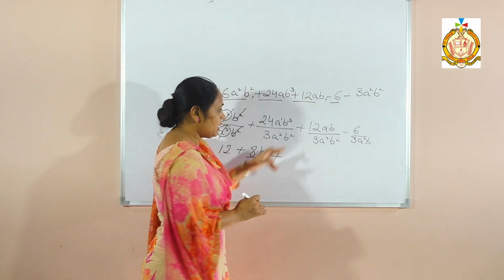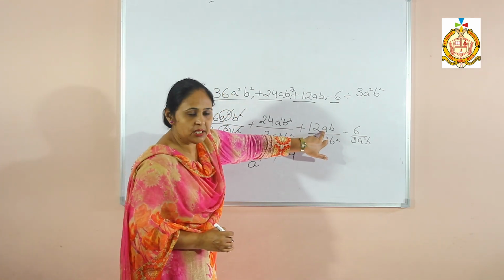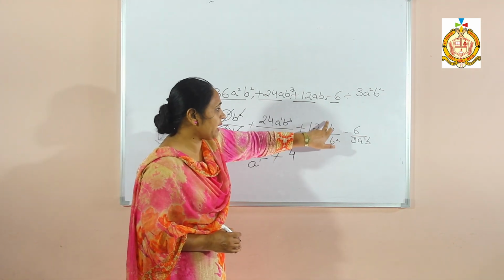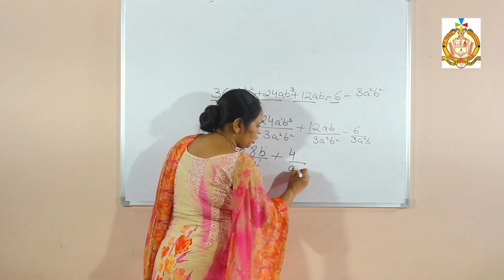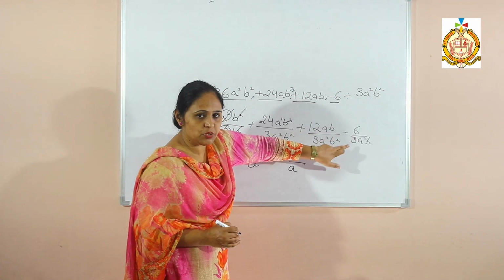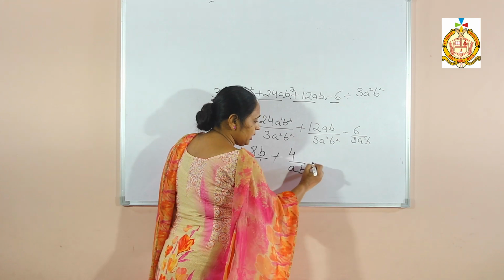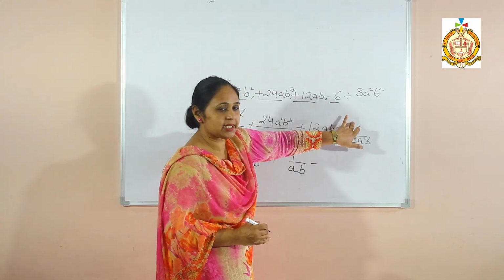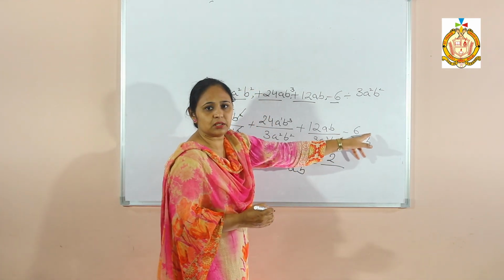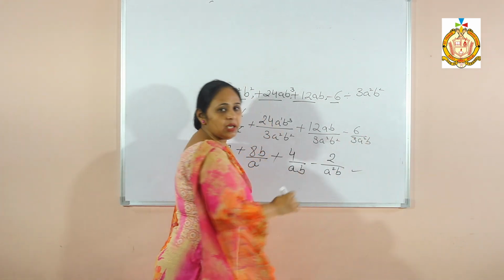Then next, 12 divided by 3, there will be 4. Now power 1 is here, power 2 is there. It will come here and be subtracted. 2 minus 1, there will be power 1 in the denominator. Again, b raised to power 1, b raised to power 2, this will come to the greater power, 2 minus 1, there is also 1. Next, minus. This 3 will cancel with 6 and there will be only 2. No variable is there, that means we take it as it is. It becomes 12 plus 8b over a, plus 4 over ab, minus 2 over a squared b squared, and this is my answer.